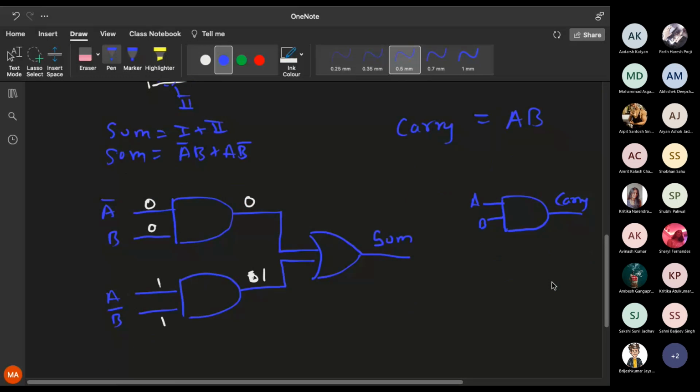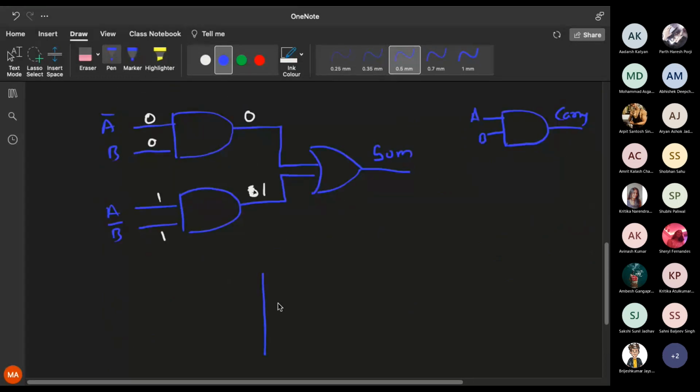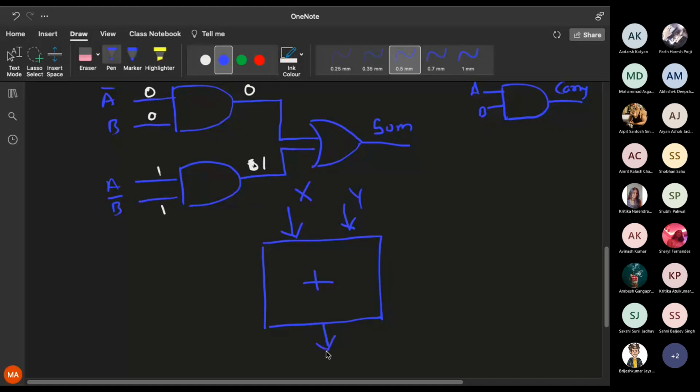When I combine these two circuits, the representation of the adder will look something like this. This is an adder which will take two inputs, X and Y. It will give two outputs: Z, which is called the sum, and along with that, a carry, which is C out. Is that clear? Internally, there will be a circuit which calculates the sum, and internally there will be a circuit which generates the carry. But the overall representation will look something like this.